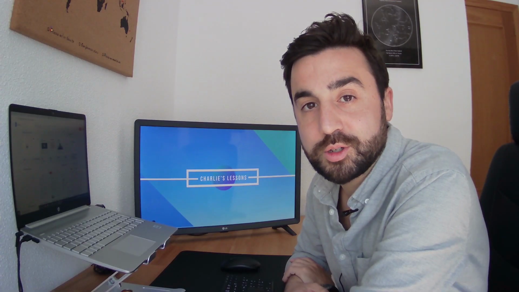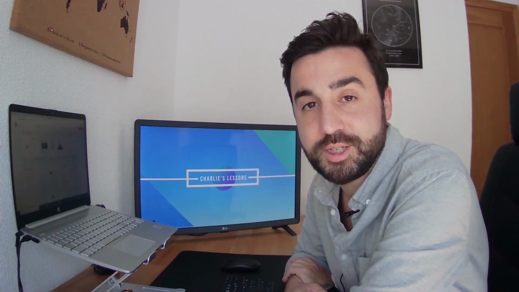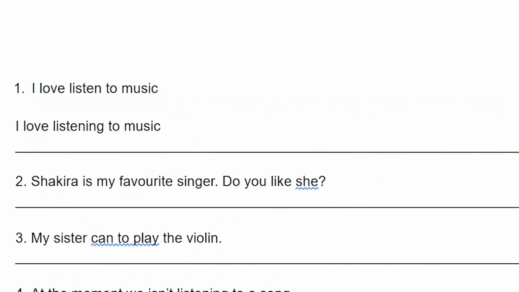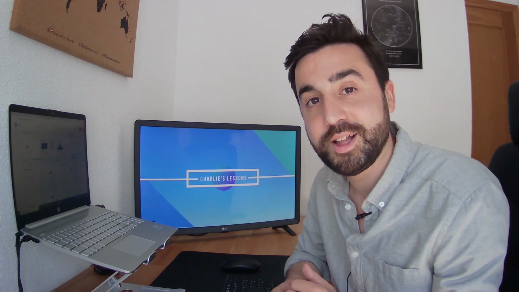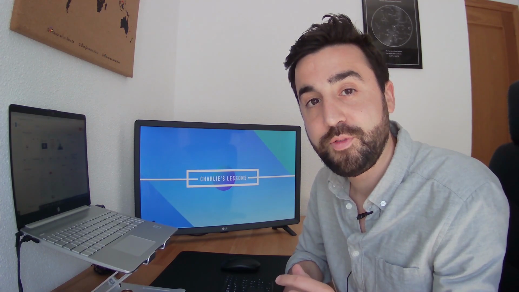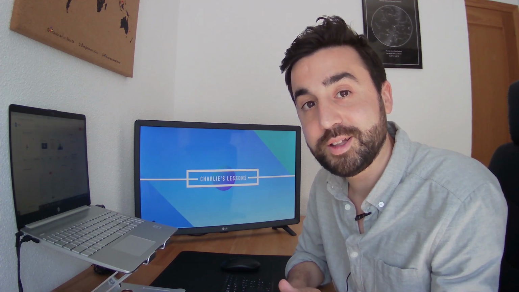together. With Google Docs, one of the activities I love going back to is a type of error correction activity where I take a group or list of sentences that the students have produced either orally or written, and there are mistakes in those sentences. And what I do is I share the document with the students in class, and the students have to work together to find out what the mistakes are and correct them.